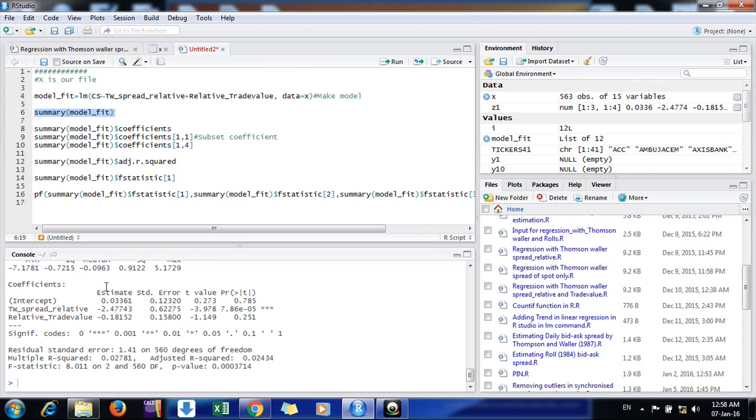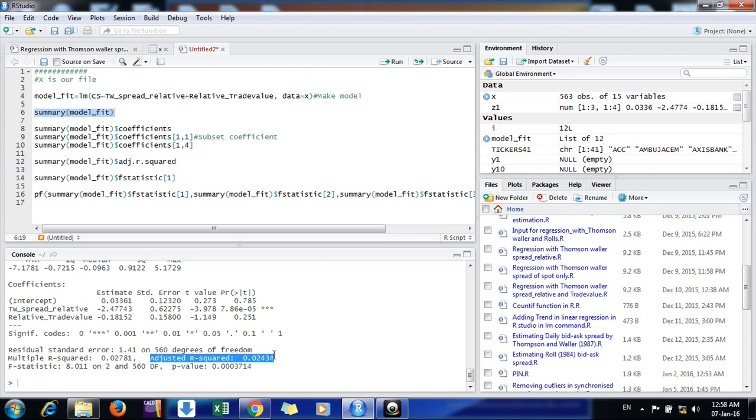When we divide the estimates by standard errors, we get t values, and the corresponding probability for a two-tail test is this. Significance is also given by R, and overall, the F statistic, degrees of freedom 2 and 560, the p value of the overall model, adjusted R square, all things are mentioned here.